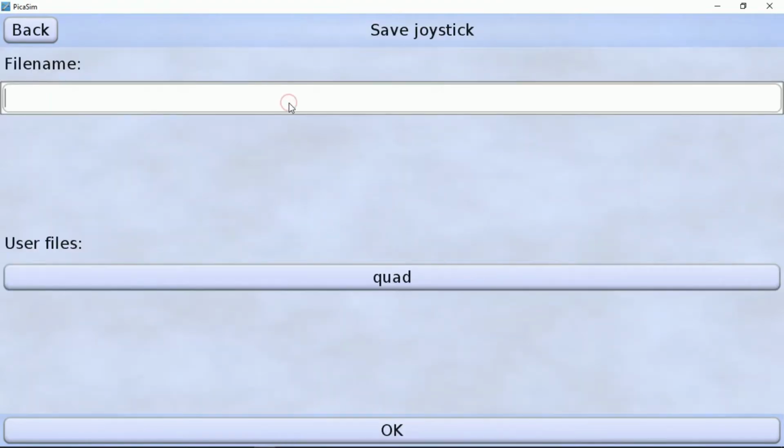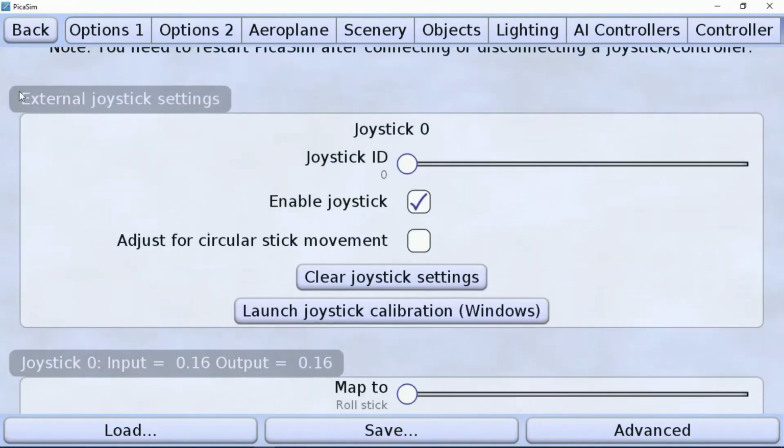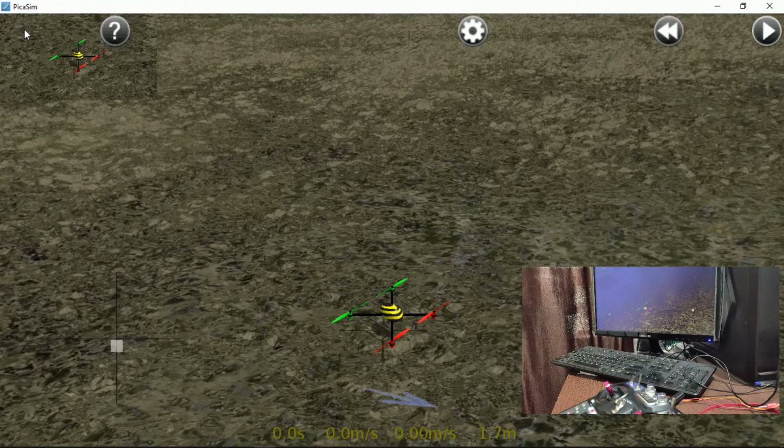I will save this profile, give some name, click on OK. Okay, now we'll go back, go back.